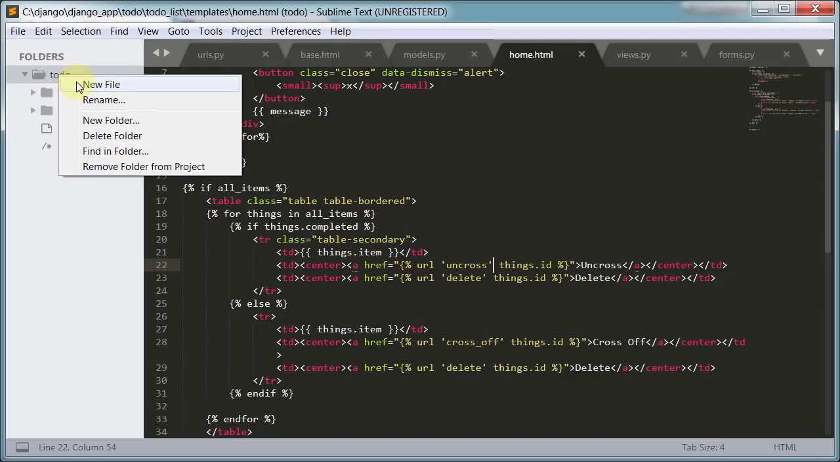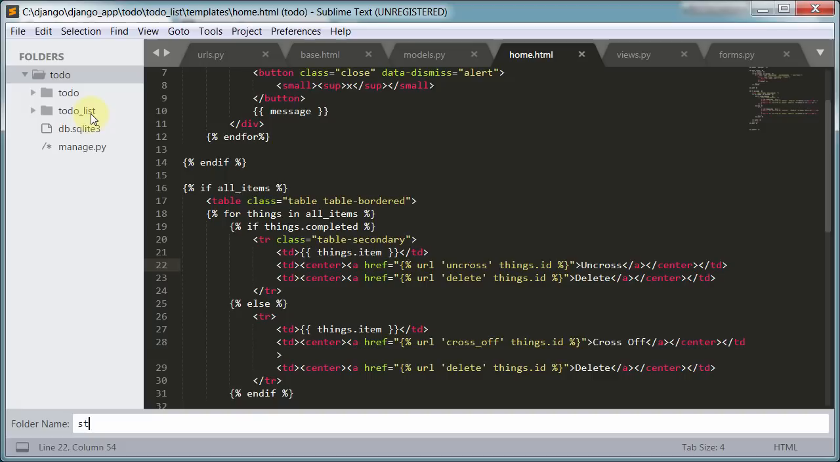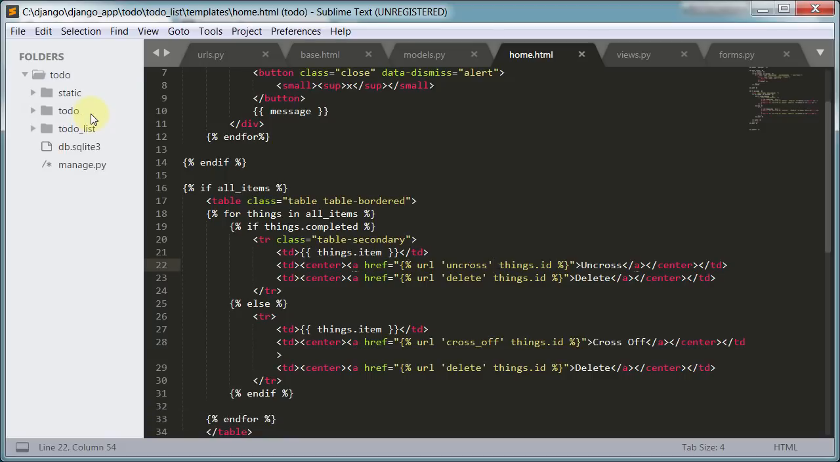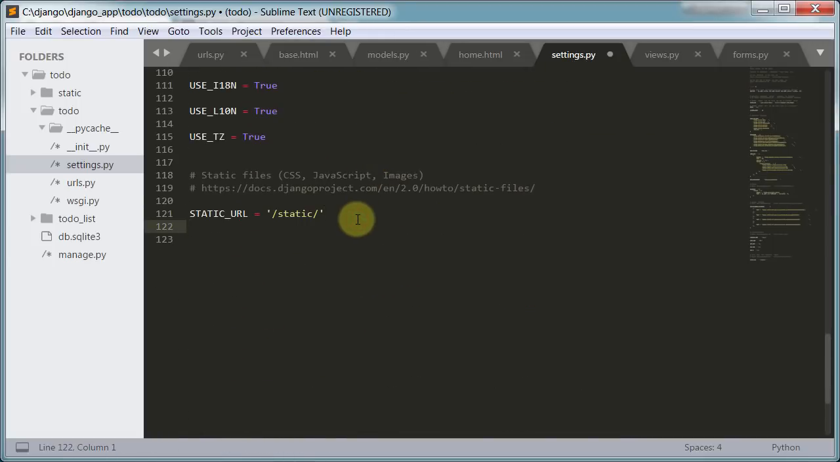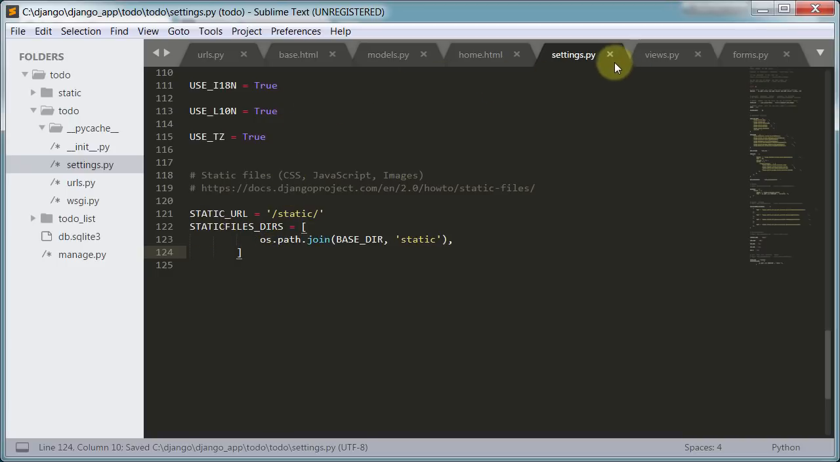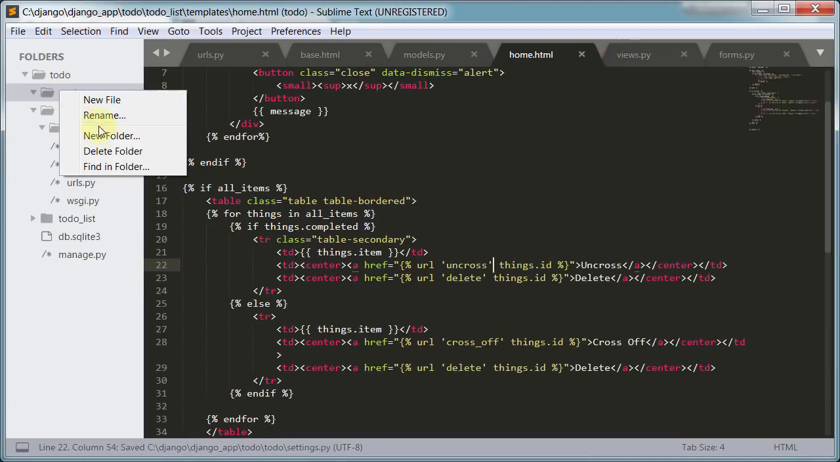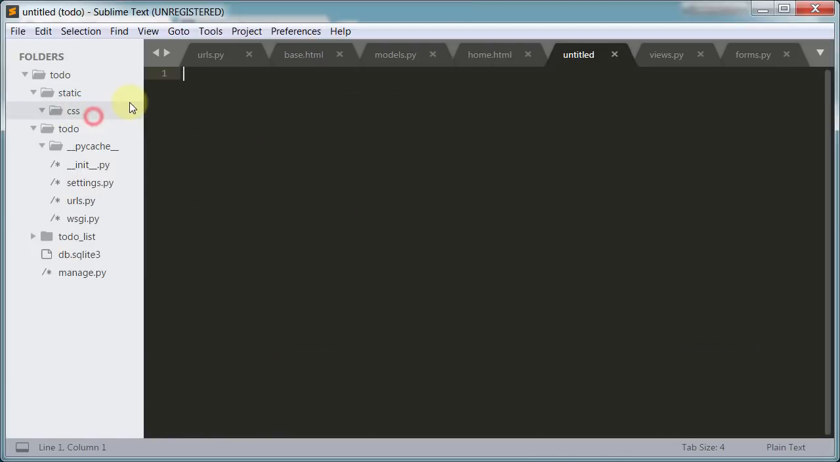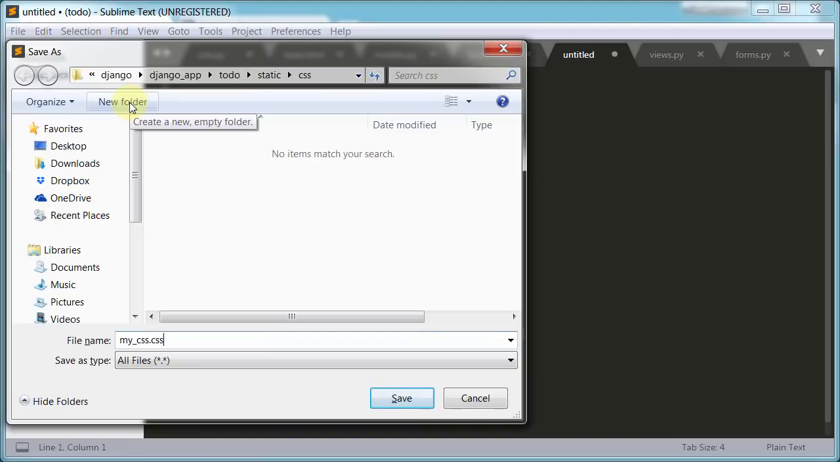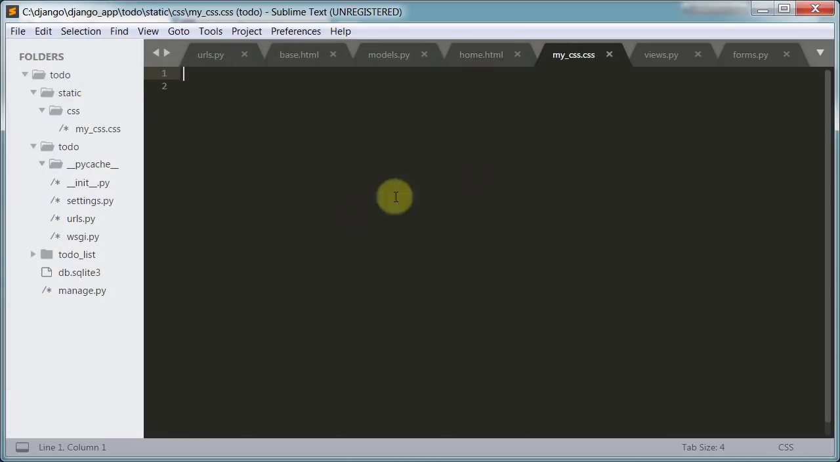So at my very top level, I want to create a new folder and I want to call it static. And then in our to-do settings here at the bottom, let's define our static. It already has the static URL, but we need to put the static dirs. So save this and close. And then in our static, let's create a new folder and call it CSS. And inside of that, let's create a new file and let's save it as my_css.css. And inside of here,